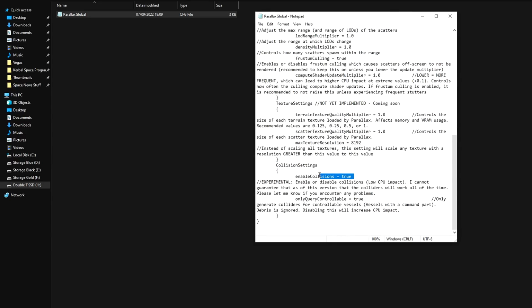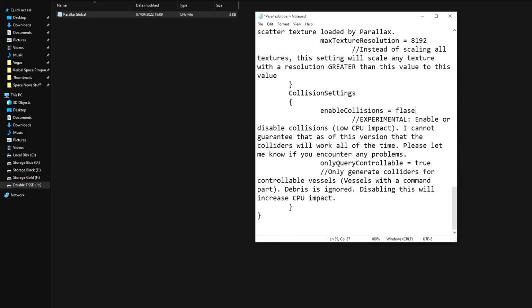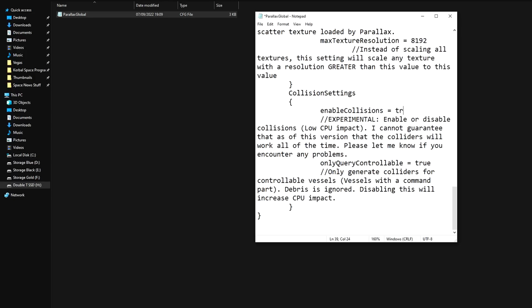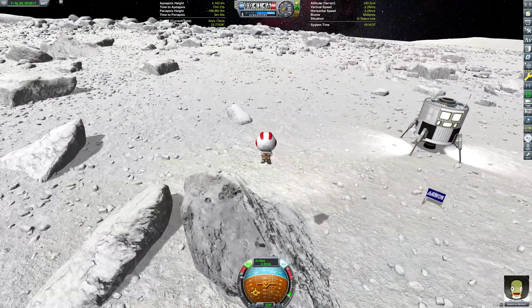That's not it. There it is. Enable collisions equals true for me, but by default that will say false. So you've got to change it from false to true. Press save, and then it should